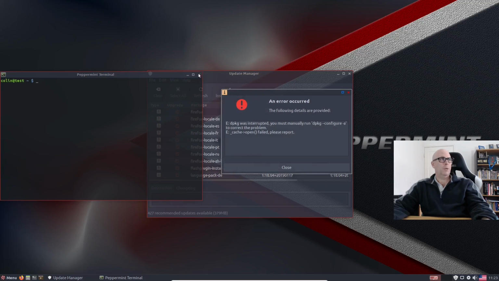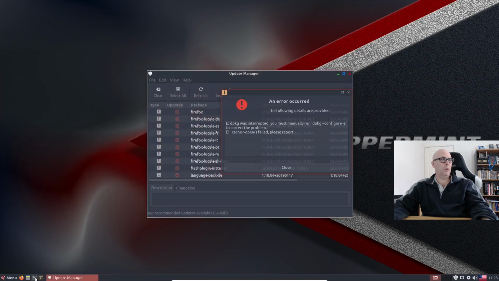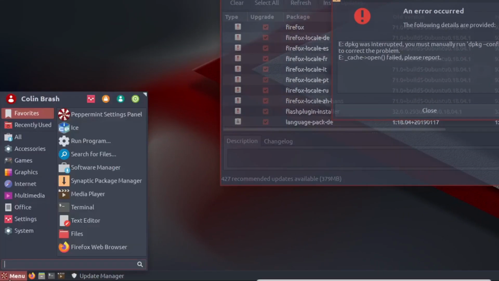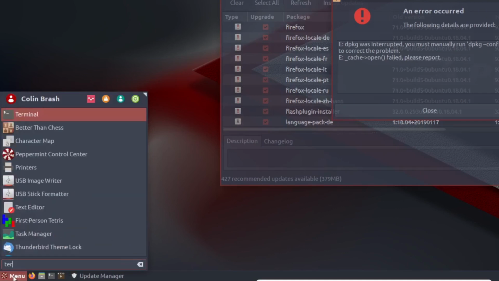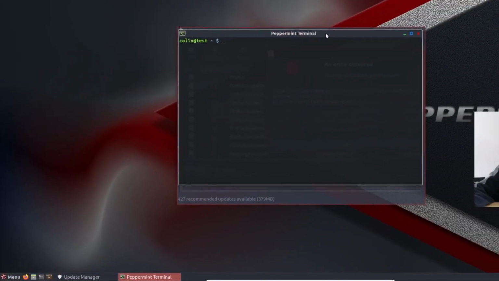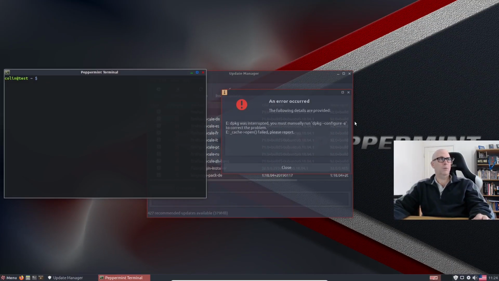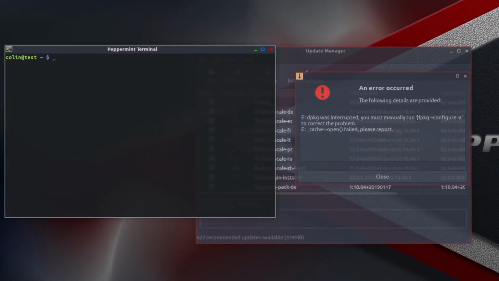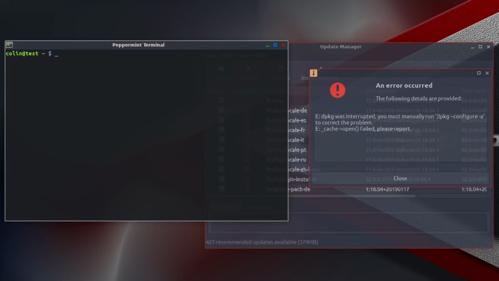Now, we need to open the terminal. My terminal's on the panel. I'm not sure about my brother's terminal. Maybe I took it off the panel. If you click on here, there's a terminal there, or you can just type TERM. There's your terminal. So I didn't really want to be doing any terminal work, but if he or anyone else installing Peppermint gets this error,